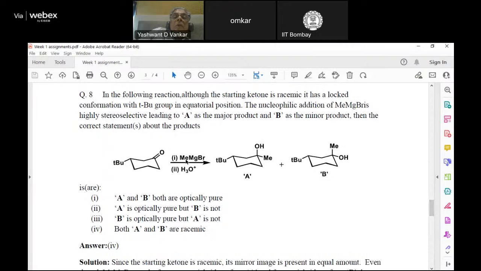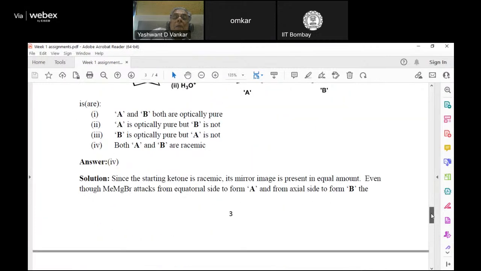So even though the methyl group can attack from whichever side, say from the axial side, then it gives you product B, and if it attacks from the equatorial side, it will give product A. So it doesn't really matter from which side it attacks. It is still going to give a racemic product, because the starting material is racemic,